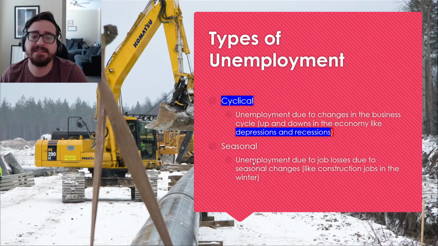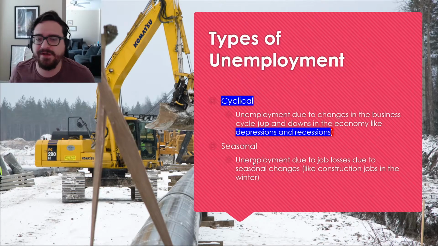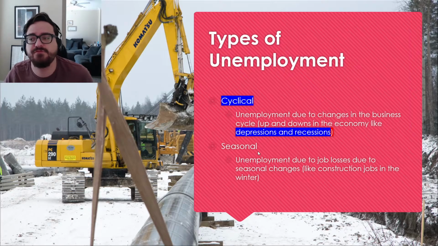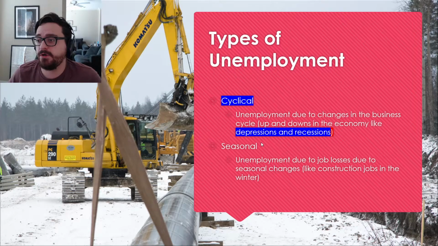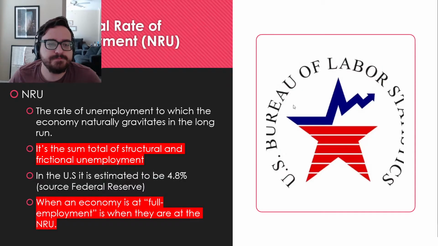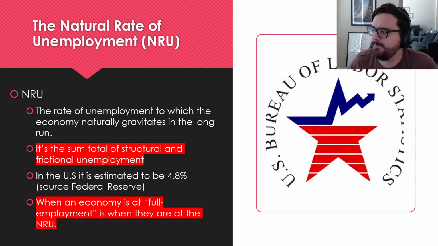This does happen. A teacher in the summer is not seasonally unemployed. I still have a job in the summer. I just have 2.5 months off, which is more like 1.5 months off. I have about a month of training I have to do. But that's pretty cool. That's a perk. That's not unemployment.